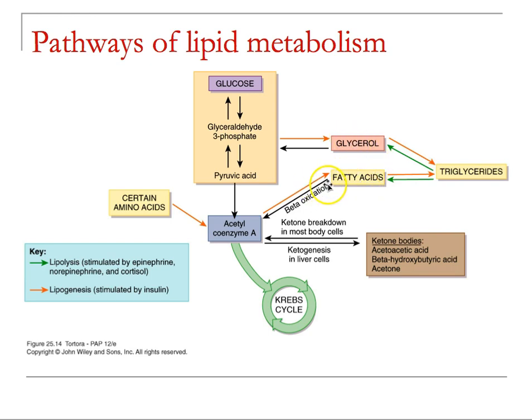And then beta oxidation is what's going to happen to those fatty acids so that we actually make acetyl coenzyme A. It's glycerol that just is shunted now into this pathway so we can actually make glucose if needed. So the take-home message here is you can then take all of this. If you have plenty of what you need, your body can break it down inside the liver. You're going to make beta-hydroxybutyric acid here, acetone, and acetoacetic acid. These are the ketone bodies that people are talking about when you're living in essentially a